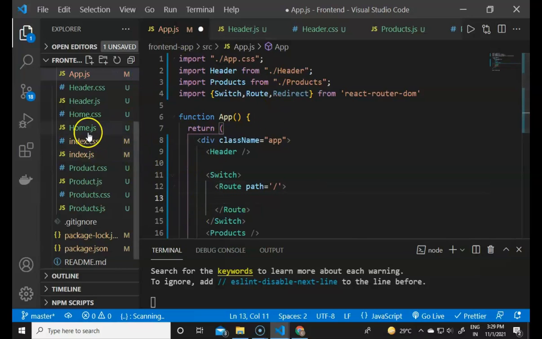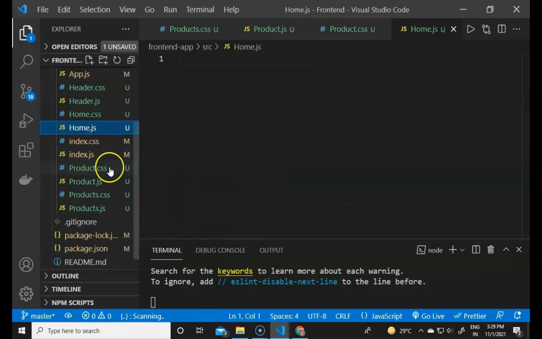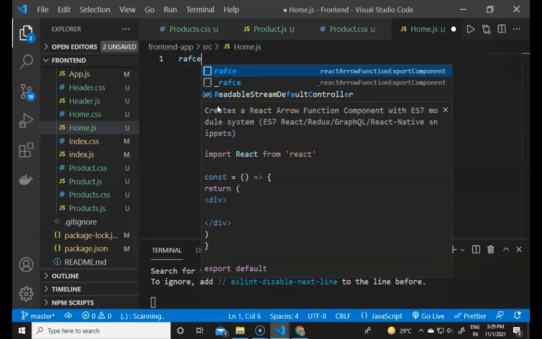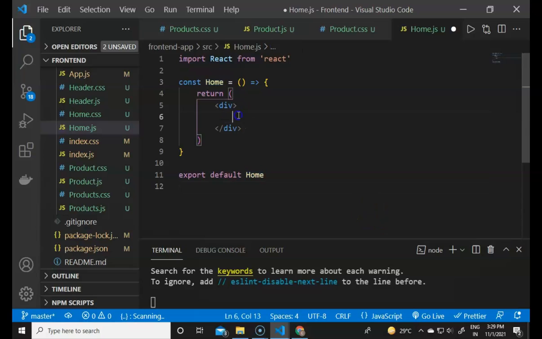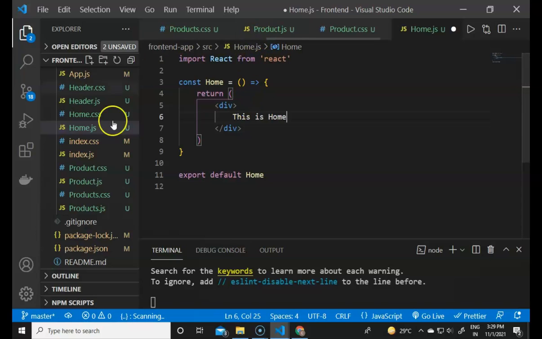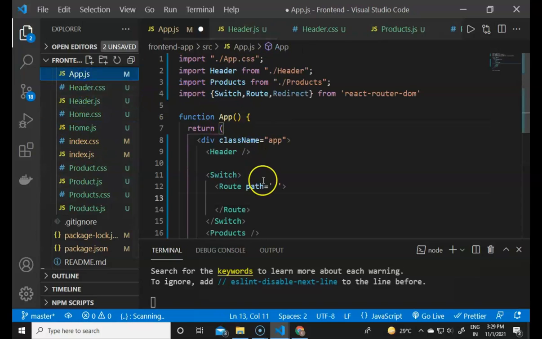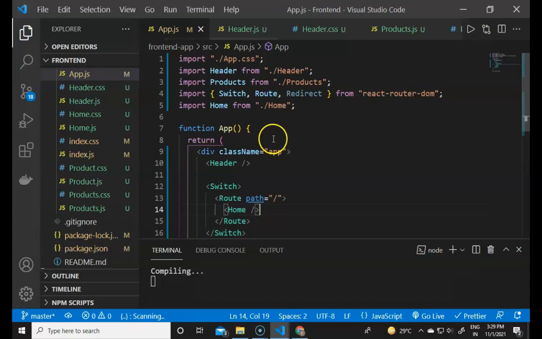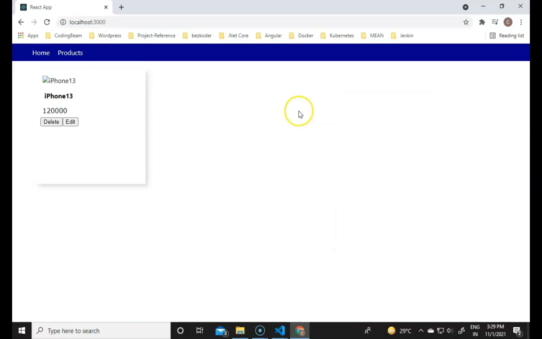So we have now defined the default path, and now we have to give the functionality. For the default, we have to go to the home. So the default functionality will go to the home page. If I now import React here and use something like "this is home", and save, and then import this in the app.js file, since there is a default path, we have to import the home file here. So if I now save, I should see "this is home". So now this is the default.